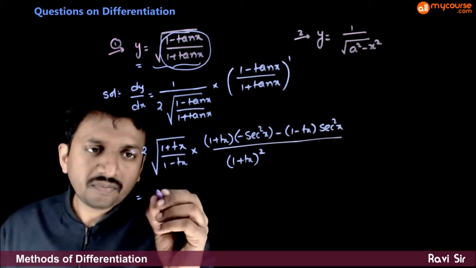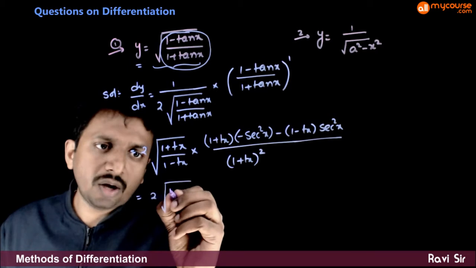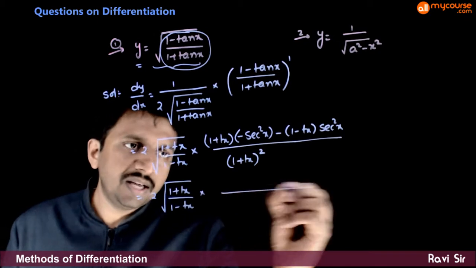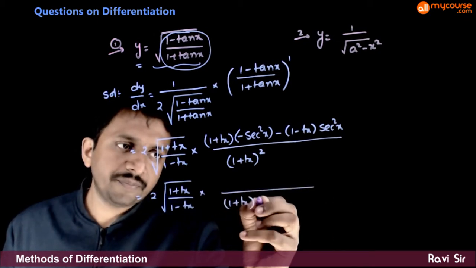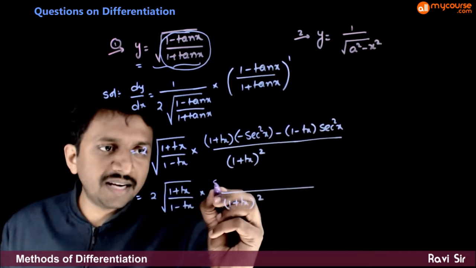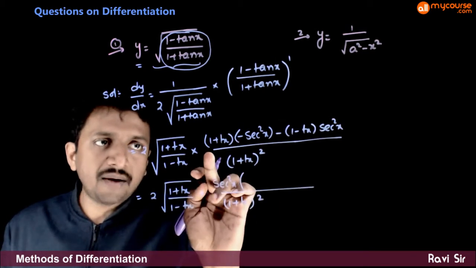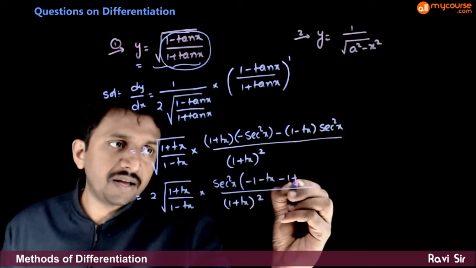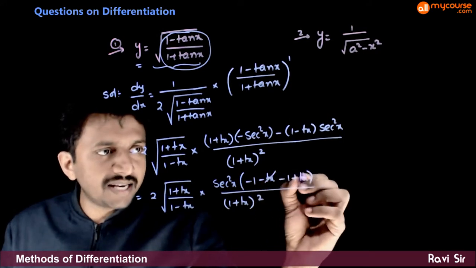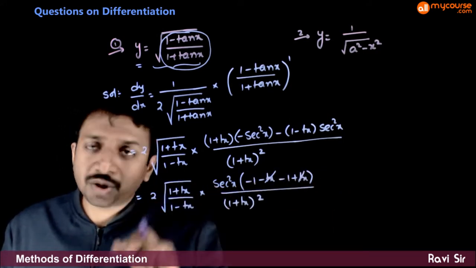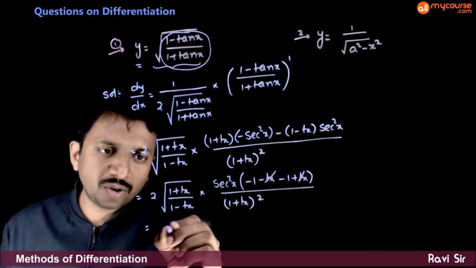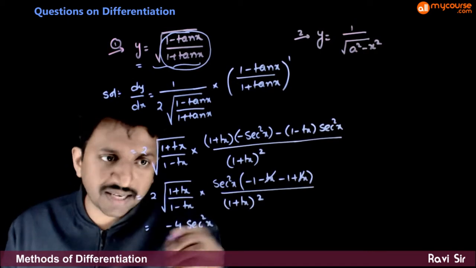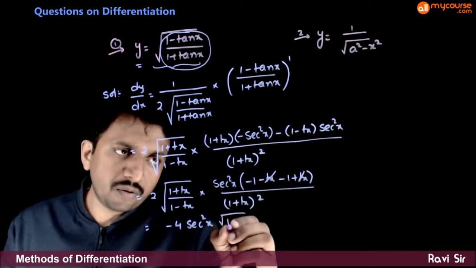That is equal to 2 times root of (1 plus tan x) by (1 minus tan x) into, in the denominator you have (1 plus tan x) whole square. In the numerator you can take secant square x as common. So you have minus (1 minus tan x) minus (1 plus tan x). So minus tan x and plus tan x get cancelled. So you have minus 2 here. So 2 into minus 2 is minus 4 secant square x,